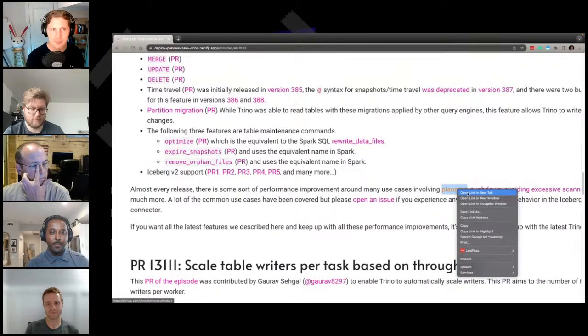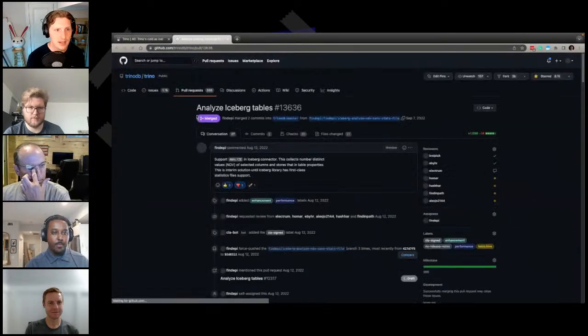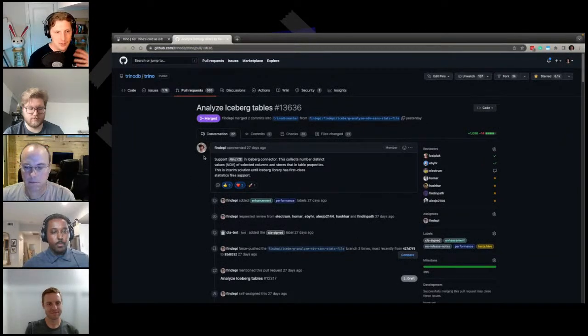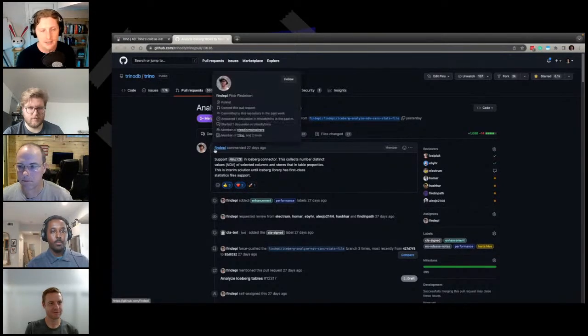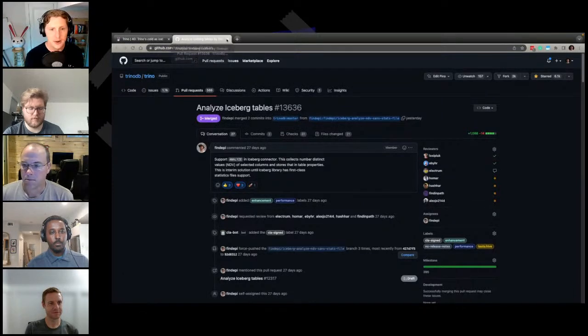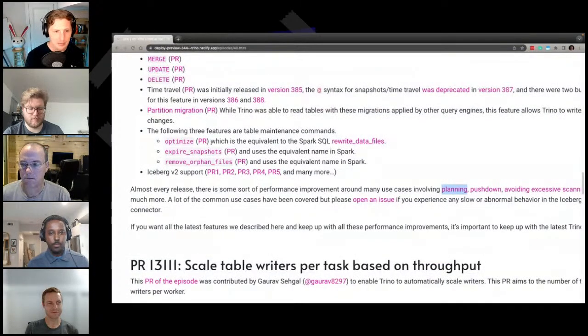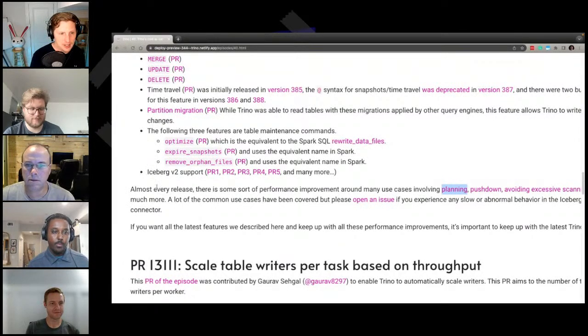I want to specifically mention the planning one, the one that Piotr was working on, where essentially we're doing a workaround right now, but once the Puffin format is fully on, we'll be able to have a much more elaborate analyze that is able to take advantage of those file level statistics. So that's super exciting. What did you call them, hints, or what are those blobs called? Not hints, sketches. So to take those sketches and integrate that into the full query planning phase. It's super exciting stuff that we hopefully will get into in the next couple of months.